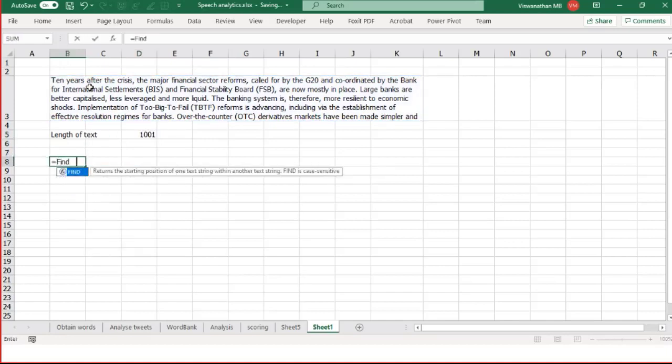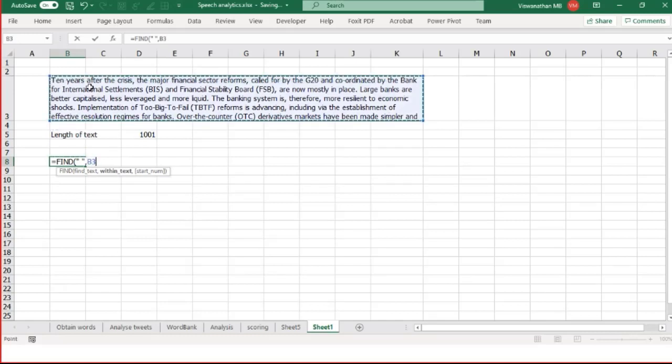So here I'm going to use a find function, find a space in this text. And where do you start? What should be my starting position? I don't know the starting position because there are a lot of letters. Space can come at any point. So starting from every letter, find out where the next space is. Imagine it's going to start from the first one and find out where the first space comes. It's going to start from the second letter and find out where the space comes. Start from the third one and find where the space comes. And how did I say do it from every letter? That is where the sequence function comes in. I'm using the sequence function, sequence of this particular cell.